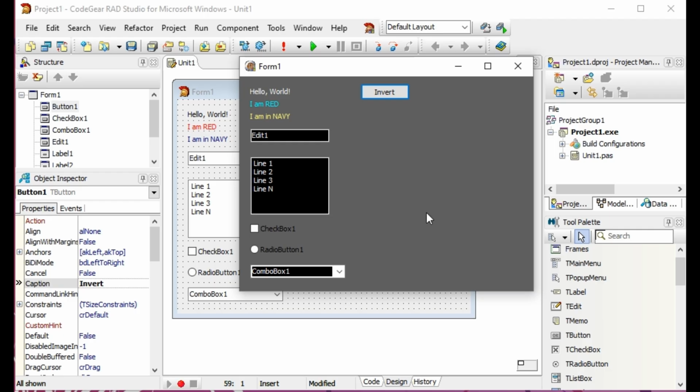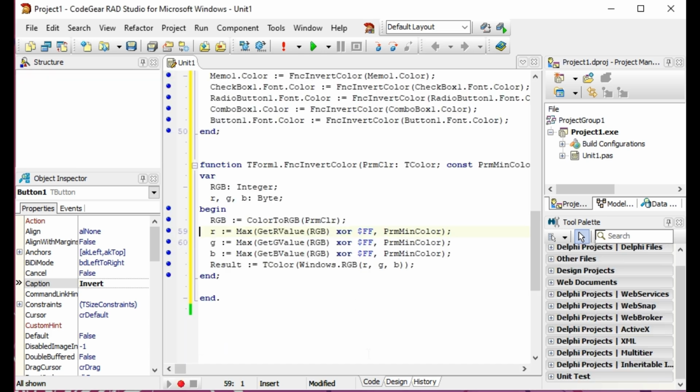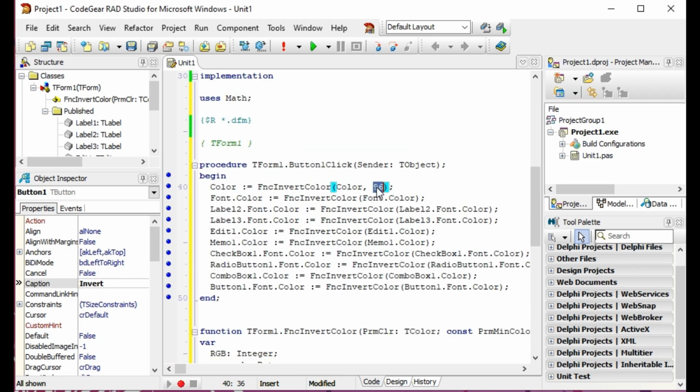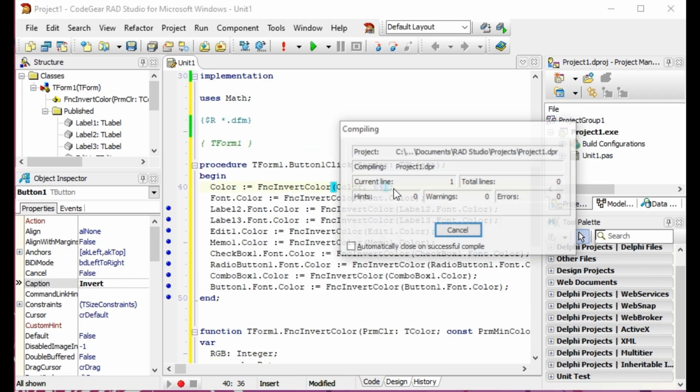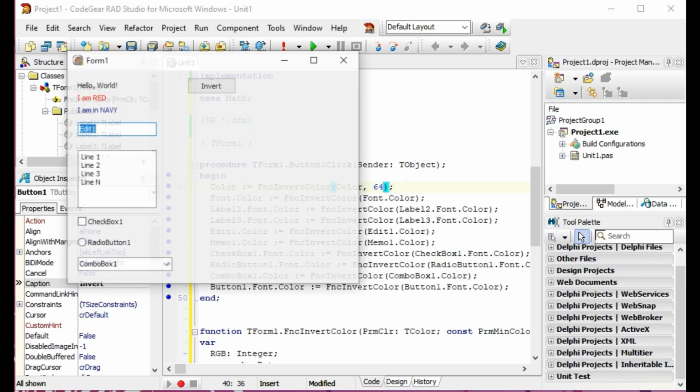We have this color as the darkest color because of the color inversion. We can play around with the value, maybe 64, what is the darkest color.